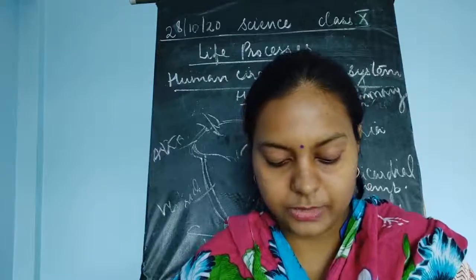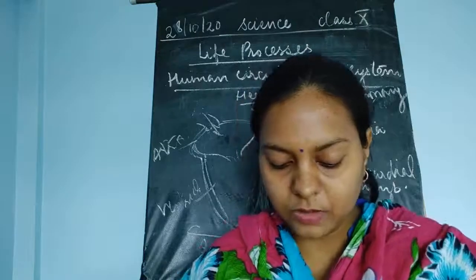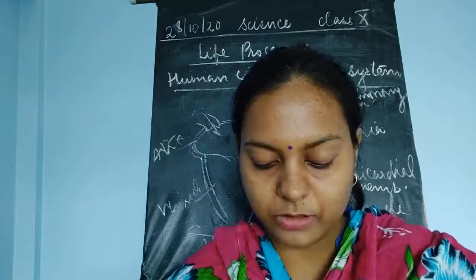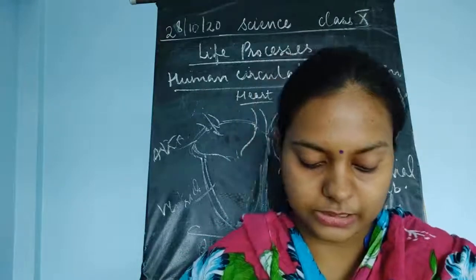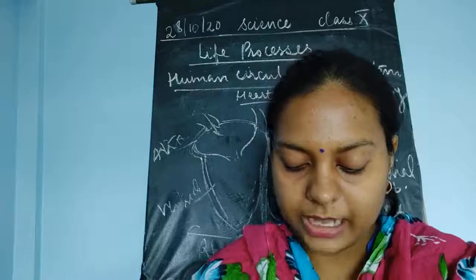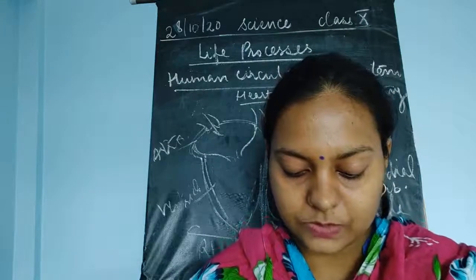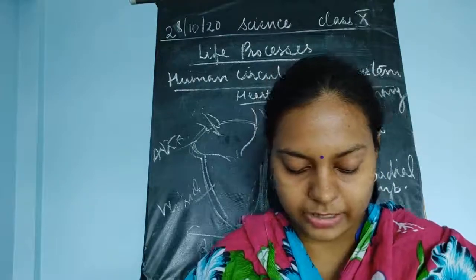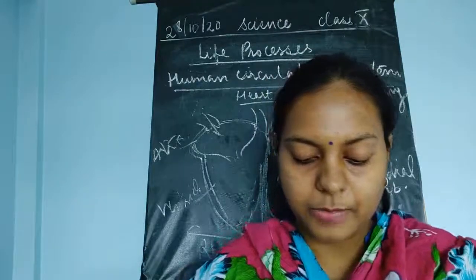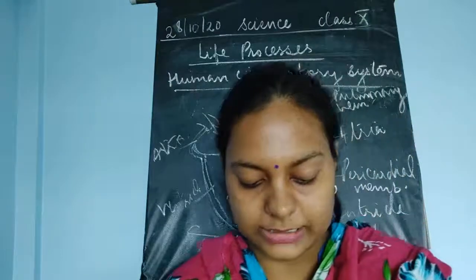The deoxygenated blood forms in all the organs of the body except the lungs. This is because when the oxygenated blood passes through the organs of the body, the cells use up the oxygen and make it deoxygenated. The deoxygenated blood therefore carries carbon dioxide. It circulates in the body and supplies oxygen, digested food and other chemicals like hormones to the cells of the body, and carries back waste products like carbon dioxide from the body cells.